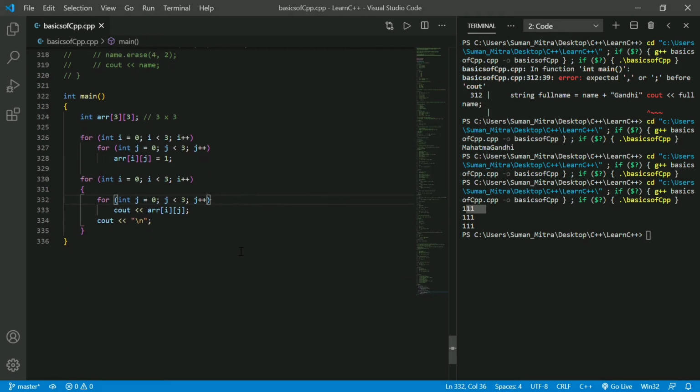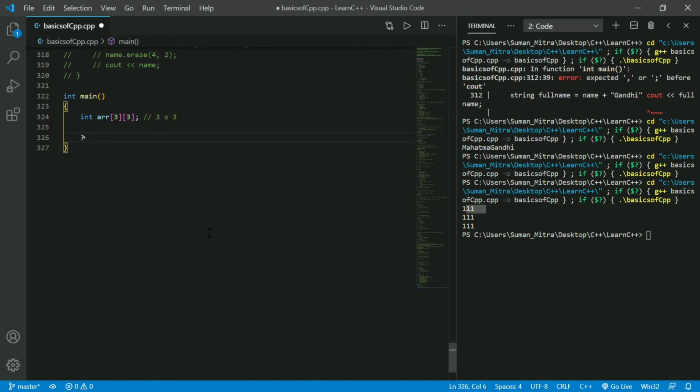Again, one thing I want to say about continue and break. In a for loop we can use continue and break. I'll show you an example. This is important.